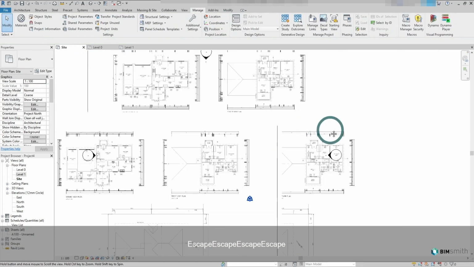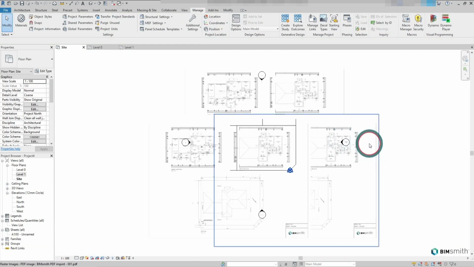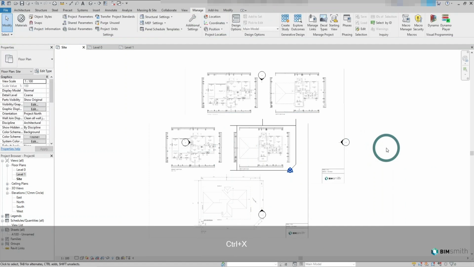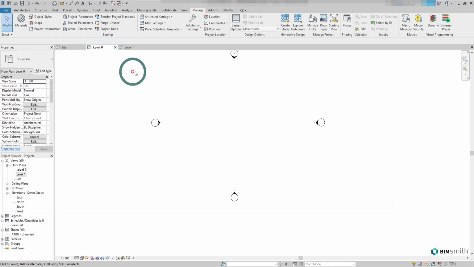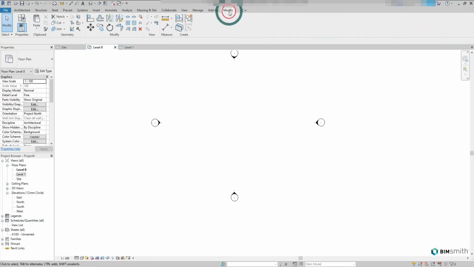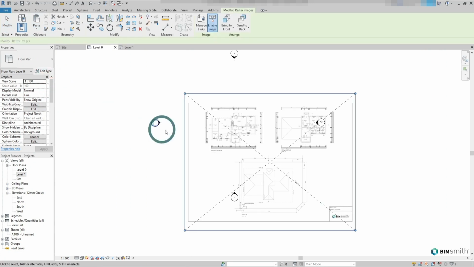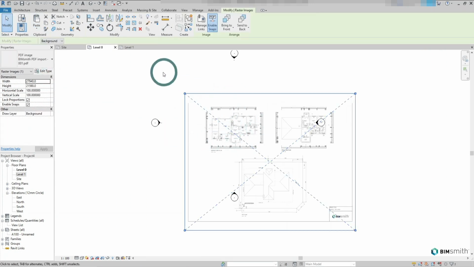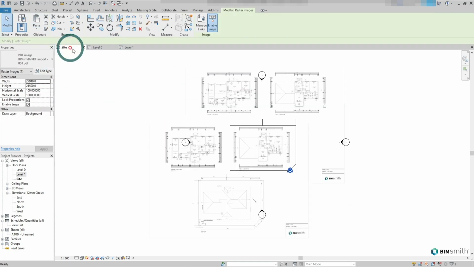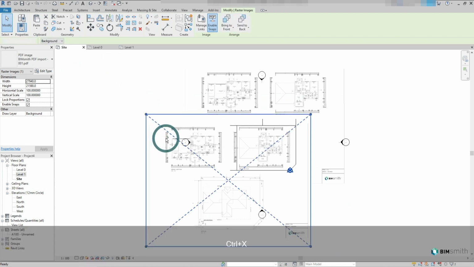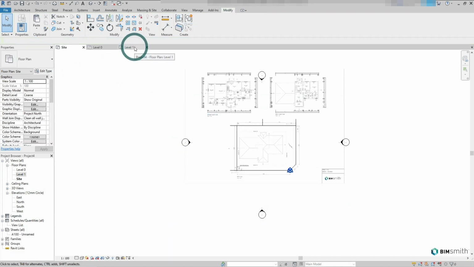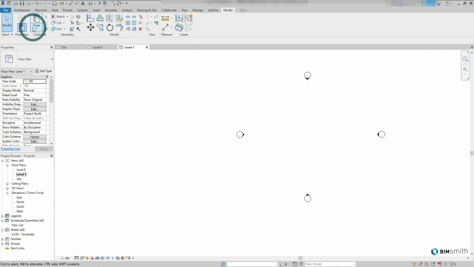Alright, so now that we have all of those in position, I can now go to the ground floor plan, select that, press Ctrl X, and then navigate to level 0, which is my ground floor, and just modify, select under the clipboard drop down on paste, select align to same place. You'll notice that the floor plan has now been placed in the correct location. And I'm just going to go back to site, select the first floor plan. There we go. Control X, cut it out of location, go back to paste and select align to same place.